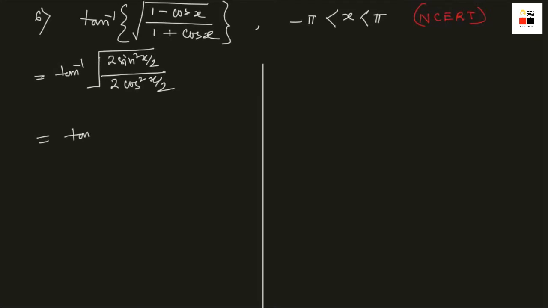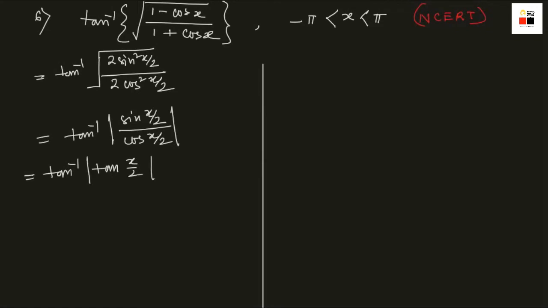This is equal to tan inverse of sin x by 2 by cos x by 2, which is tan inverse of tan x by 2. This is equal to tan inverse of minus tan x by 2